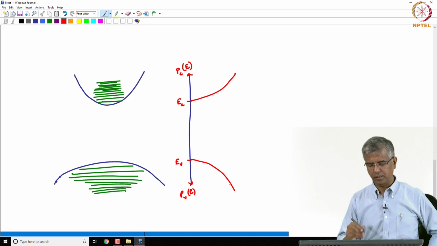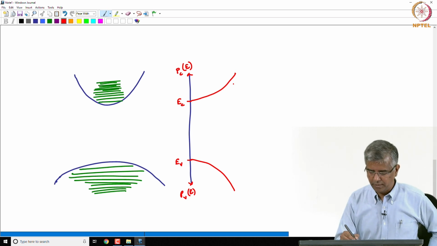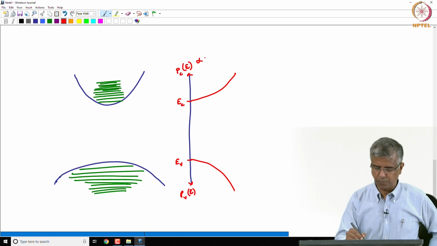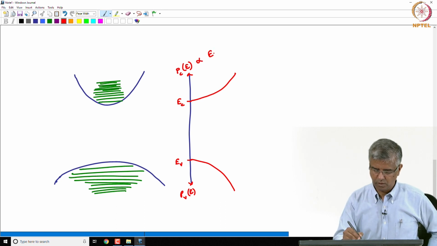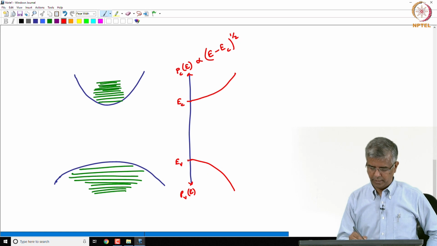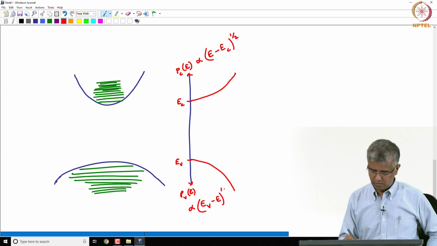You will have a certain dependence like this, and this density is proportional to E minus EC to the power of half, and here it is proportional to EV minus E to the power of half,